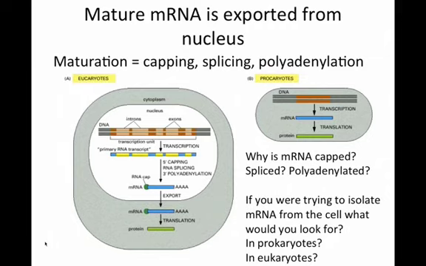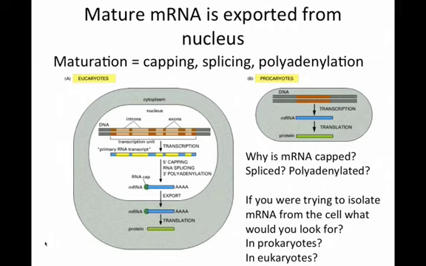It makes translation easier. Okay, good, because it helps for association with the ribosome. What else? There's one big one. Yep. So that's the only way you can get out of the nucleus. Right, exactly. So only capped and polyadenylated and spliced RNAs can get out of the nucleus. Right. So those are all right things.